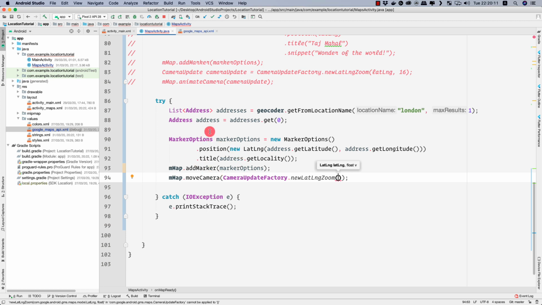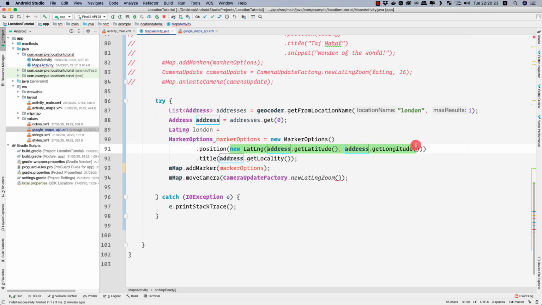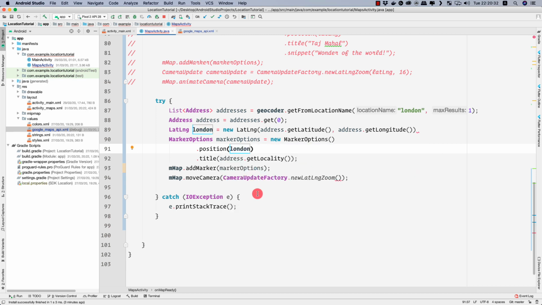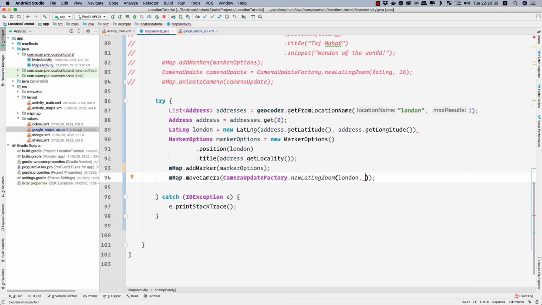So let's extract this latitude and longitude inside its own variable. So LatLng, let's call it london, equal to this thing here, that is new LatLng. So let me copy it from here, and inside the position we can simply pass in london here, and now we can pass in the latitude and longitude, that is london here, and then the zoom level. So let's provide in 15 here or 16 here, and now let's run our application, and